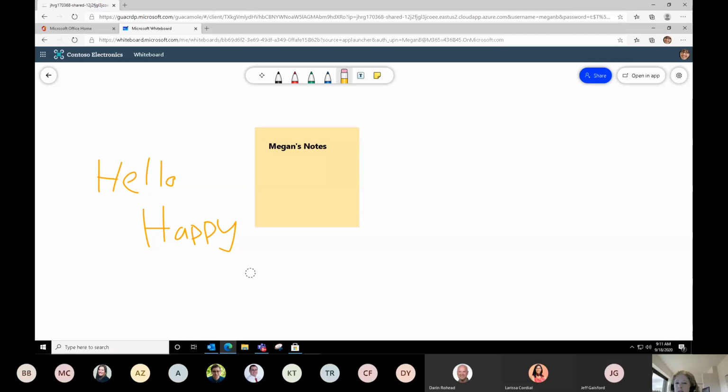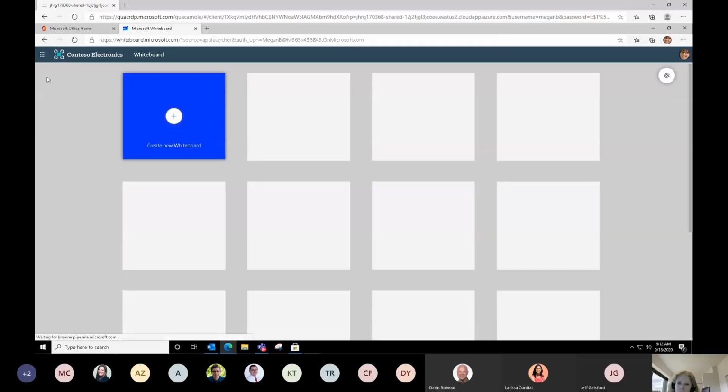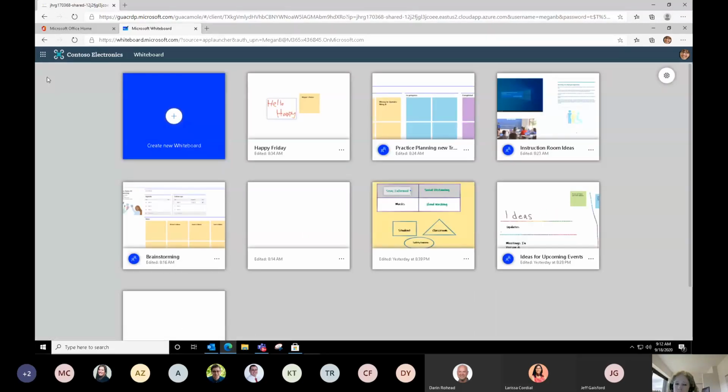But what I want to do for just a minute is take a step back and look at the welcome screen of the Whiteboard app. For this, we're going to come to the top left-hand corner of the current whiteboard that I'm in, and you'll see a back button. This will actually take me back out of this whiteboard that I have open right now to the welcome screen. One nice thing I will say they've done is that this welcome screen in the online Whiteboard app looks almost exactly like the welcome screen in the desktop app that we'll look at in just a couple minutes. But do know that the desktop app's a little more awesome.